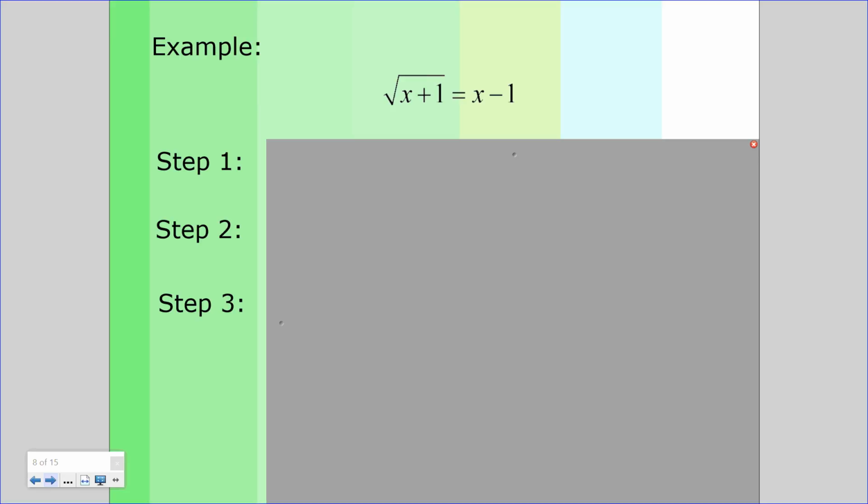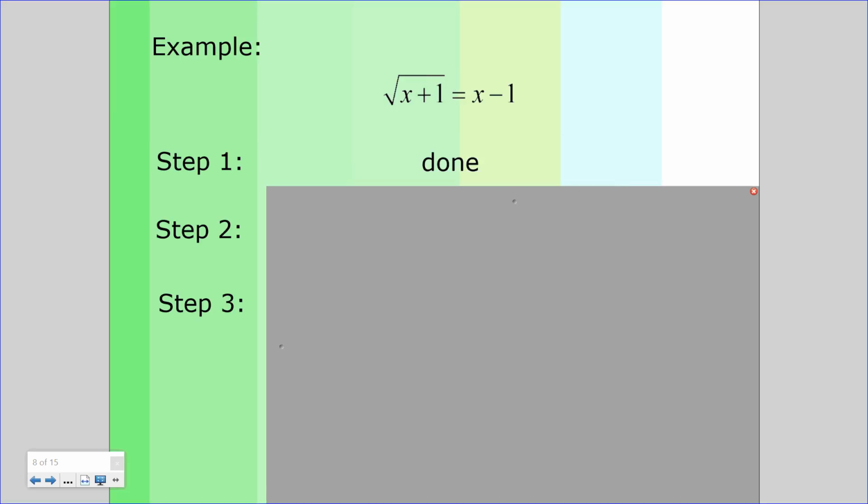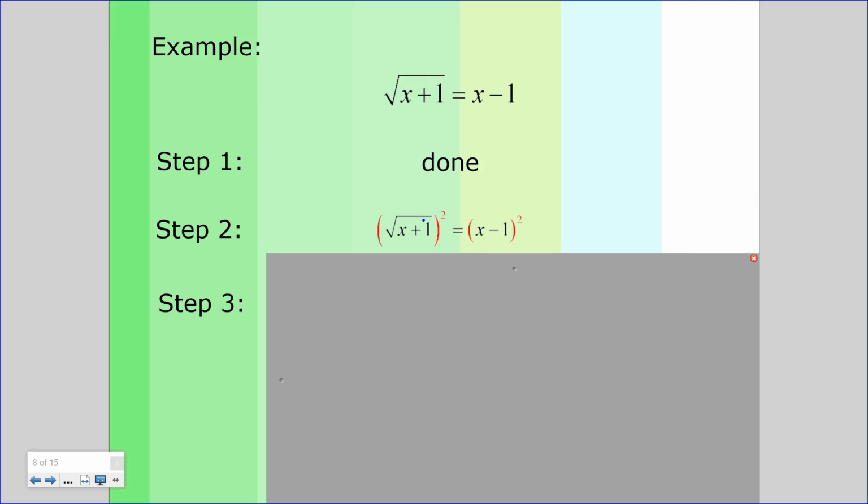So step 1 is to isolate your radical. That is done for us. There's nothing outside of this radical that we need to move over. And secondly, to undo the square root, we square both sides. So that should look like this. That will leave us with an x plus 1 on the left, and then you do have to stretch out